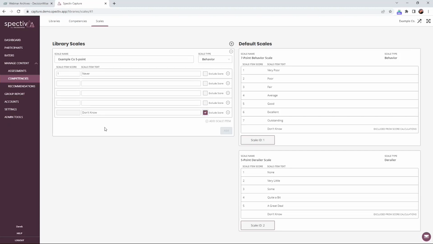Some clients like to have a don't know option because we don't want to wash out the data with irrelevant data. Some don't like to have it because some people might use it as a crutch. However, best practice is to include it in there. So anyways, now that we've built out our library,